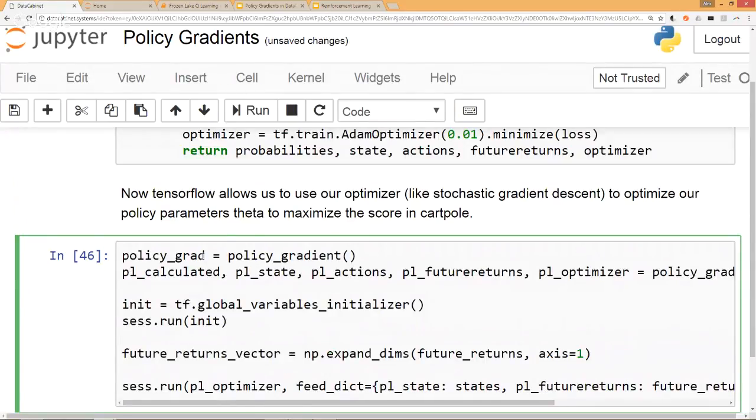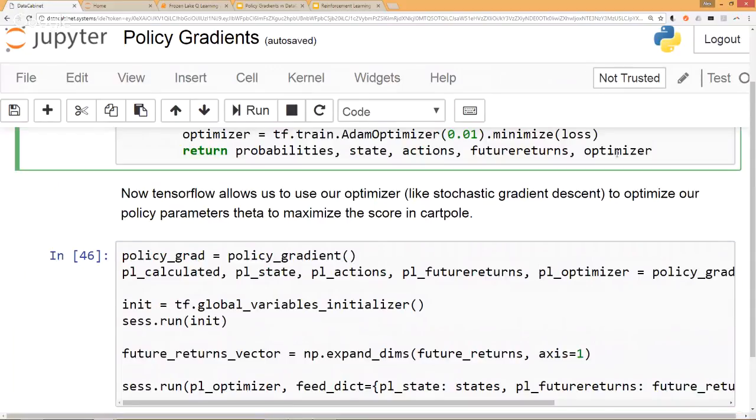Then we have to pass in the future returns vector, which we got from earlier in the notebook. We calculated an array of future returns. We have to shape this properly, so we're going to use this NumPy function to do that. Remember, what we're interested in is this optimizer, our ability to train it. So we're going to run PL Optimizer, and remember,